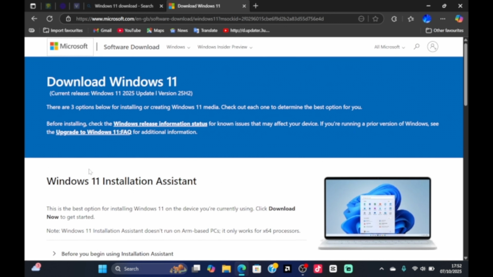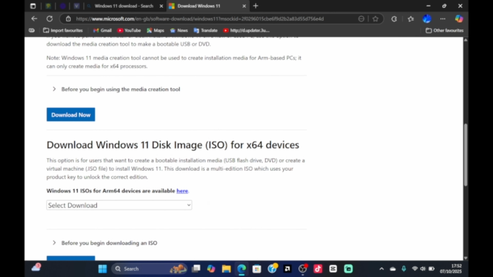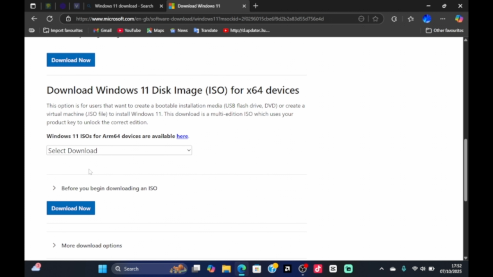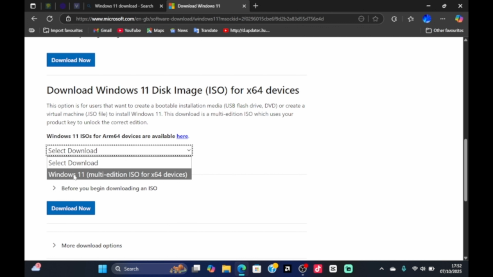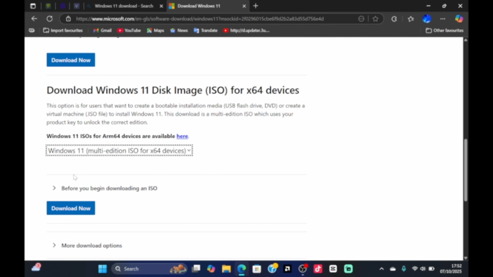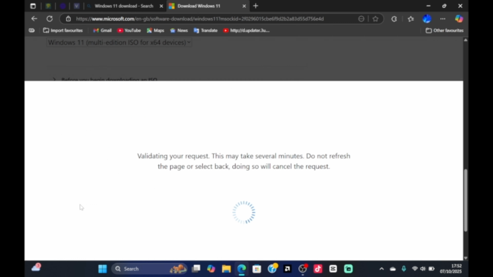It'll take you to this website. Scroll down and you would see download Windows 11 disk image ISO for x64 devices. So you'd click on select download, and then if you see more, click on anything. In my case, I'm going to go for Windows 11 Multi Edition. Click download,